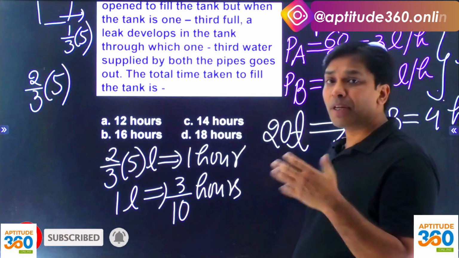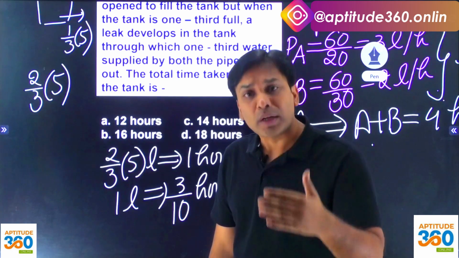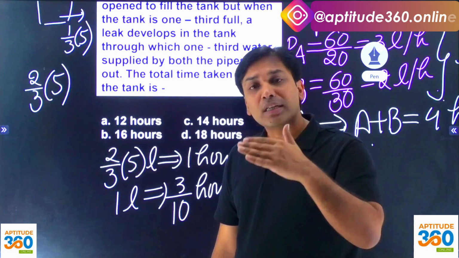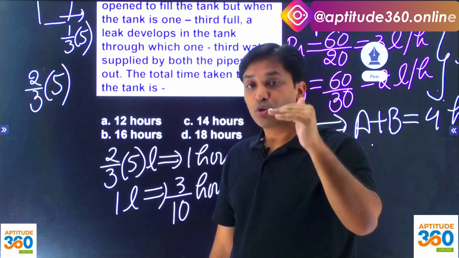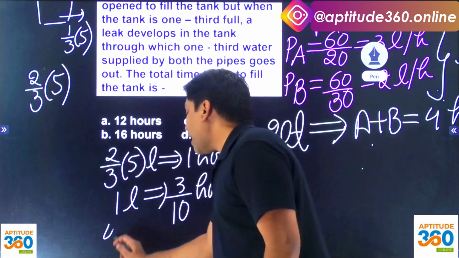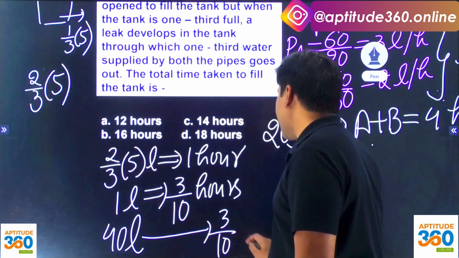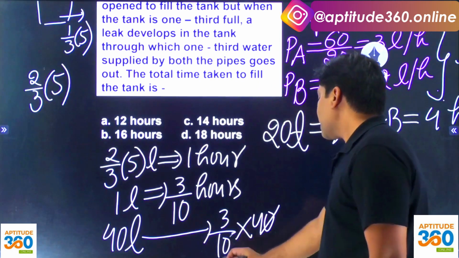20 लीटर हैज ऑलरेडी बीन फिल्ड, 1/3 ऑफ द टैंक, एंड व्हाट इज द कैपेसिटी ऑफ द टैंक वी हैव टेकन? 20 लीटर्स। अब 60 लीटर्स, नॉट 20 लीटर्स, 20 लीटर इज 1/3। आपको भरना कितना है? 40 लीटर्स। सो इफ यू हैव टू फिल 40 लीटर्स एट दिस रेट, हाउ मच टाइम यू आर गोना टेक? इट इज गोइंग टू बी 12 आवर्स।